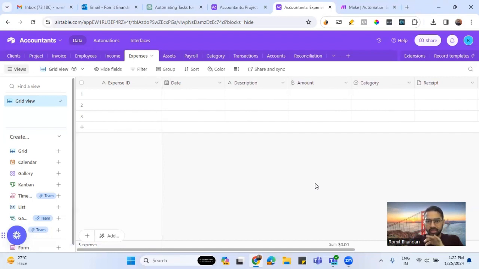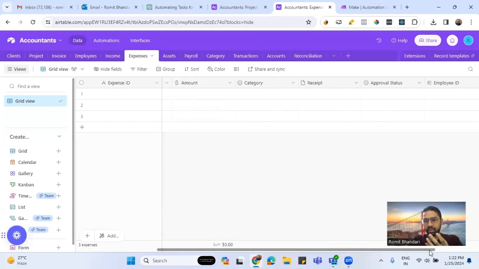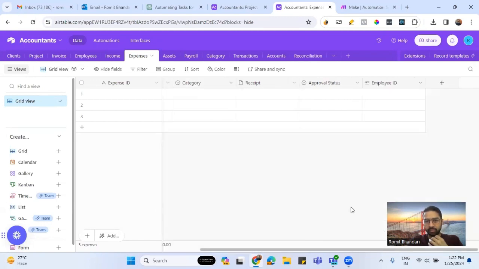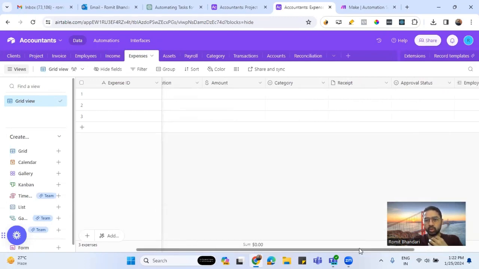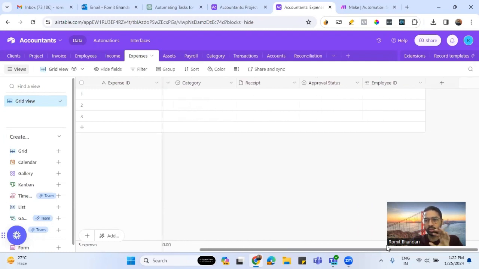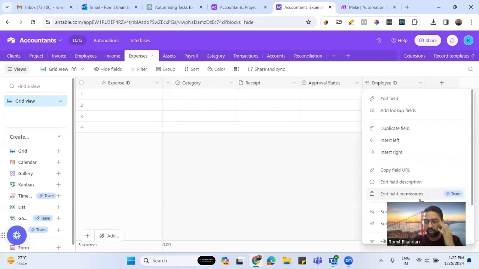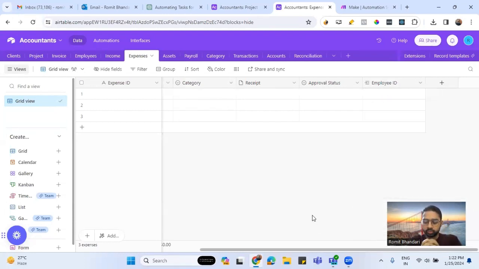So you should always have an expenses table as well, which would have the date when that expense happened, the receipt, you can have there as an attachment, the description of that expense, the category you can have, expense categories already set, from which you can choose which particular expense this particular record is moving into, and the amount, obviously, the approval status, whether it got approved or not, and which employee was trying to create that expense. Okay, so